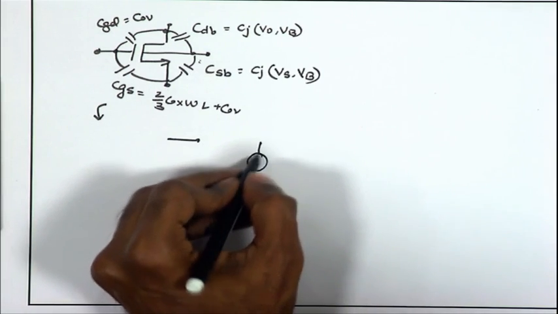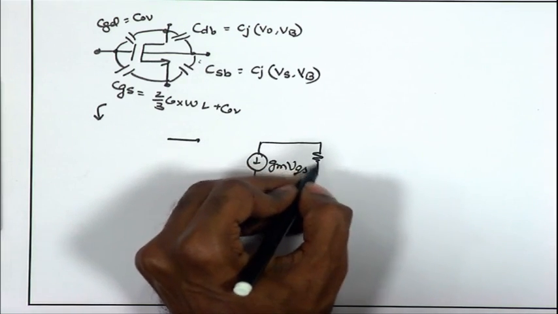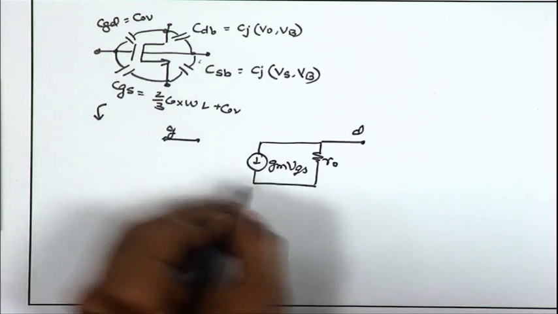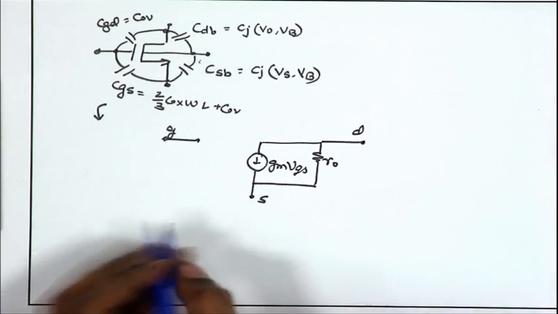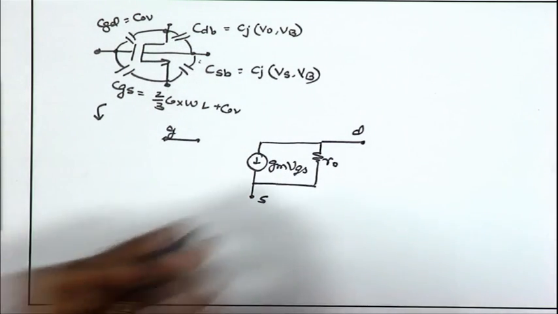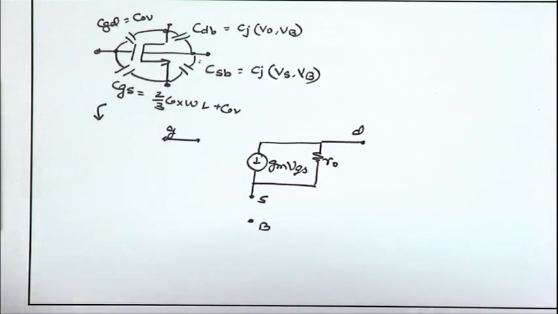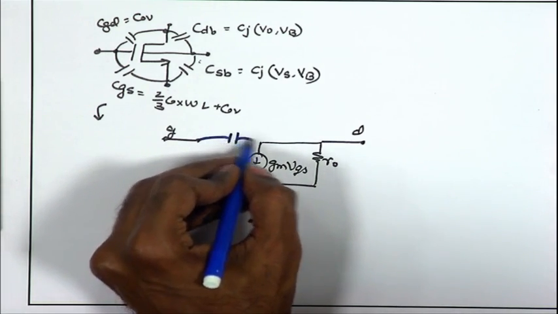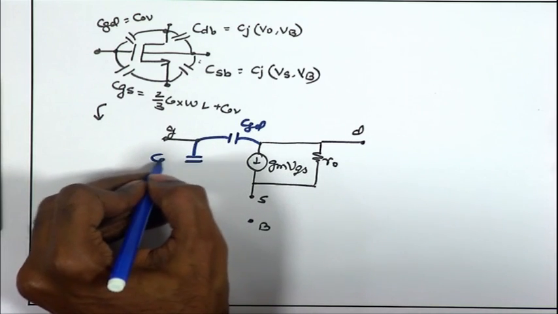We will start with the small signal model, gm VGS, ro, and then we had this terminal drain and the gate and the source. This is the earlier model, the low frequency model that we started with. Now, we need to connect these capacitances. I can define another terminal, call it the body terminal over here, and I can draw the capacitances between these two terminals. So, between the gate and the drain, I have CGD, between the gate and the source I have CGS,